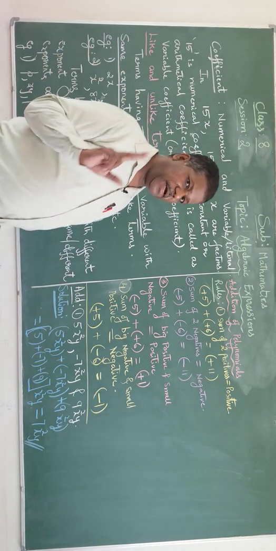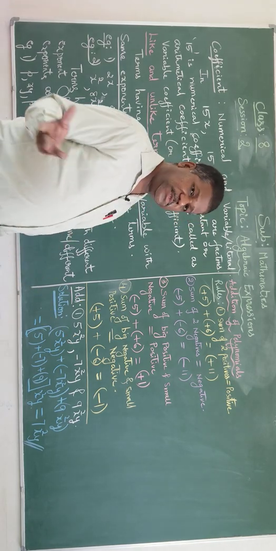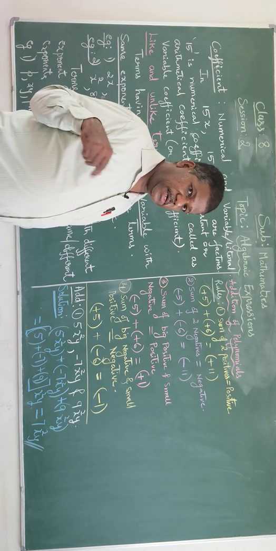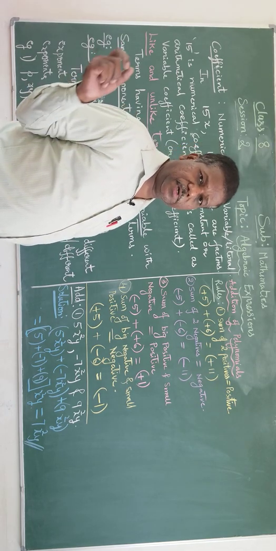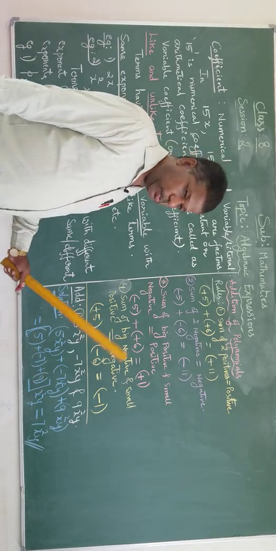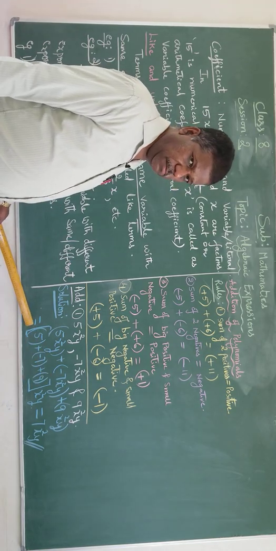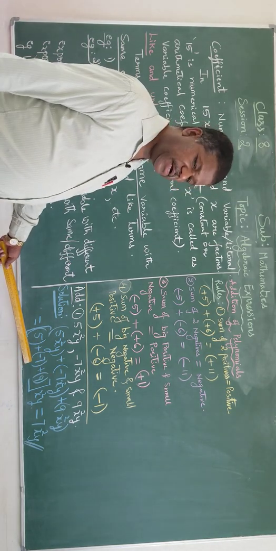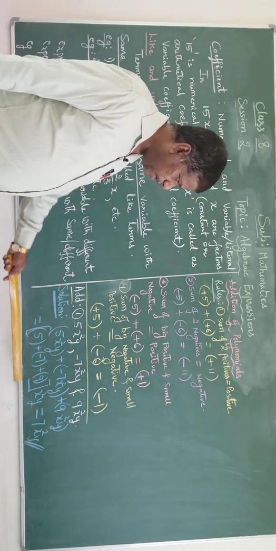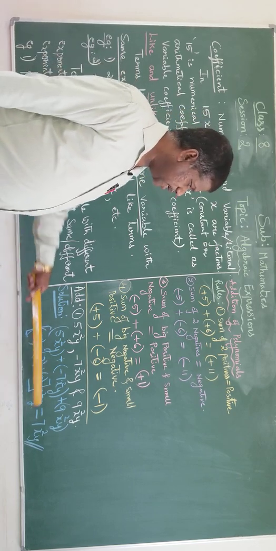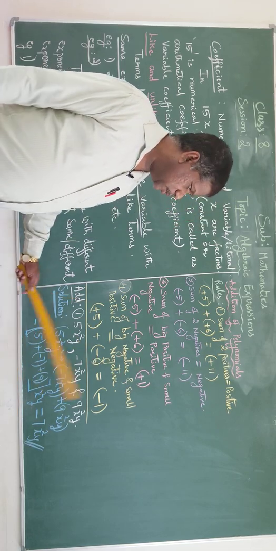Now you know the BODMAS rule, isn't it? First whatever is in brackets you have to do the operations upon, then comes power, then division, multiplication, addition, and last will be subtraction. So BODMAS rule. 9 is a positive number, 5 is a positive number, add them up. 9 plus 5 is 14. From 14, what is to be subtracted? The negative number, so minus 7. 14 minus 7 is how much? 7. So 7 remained in this box. Write that 7, and what was outside? x square y. So this is the solution of the question.